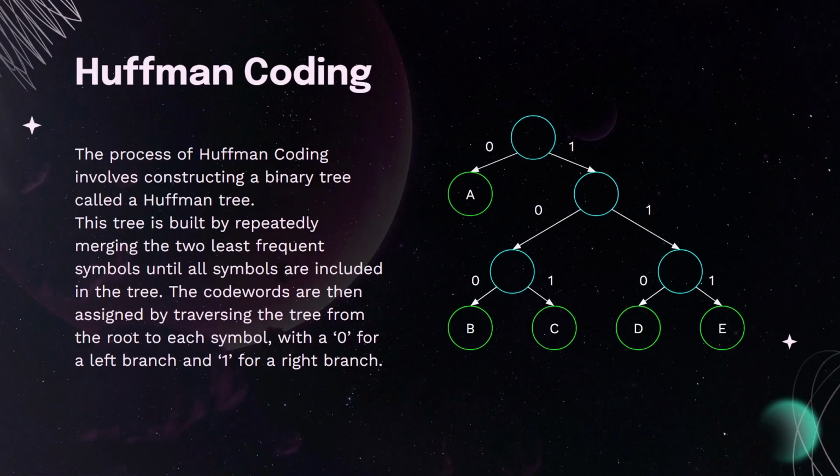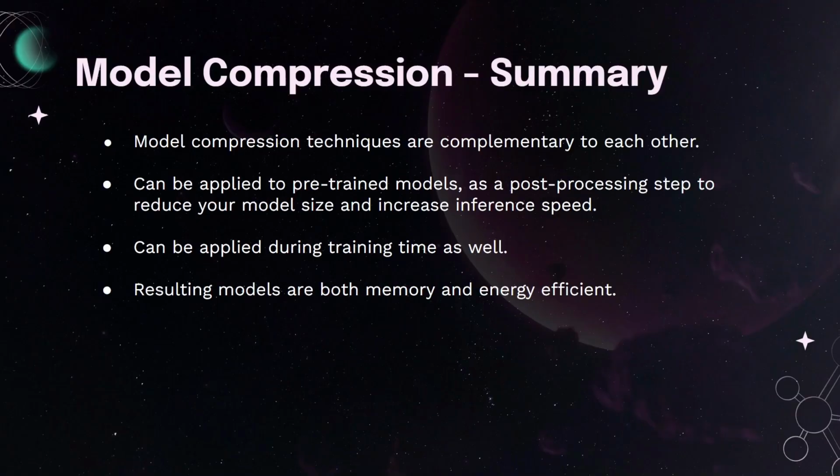In this case, we can see that the most frequent element A has a shorter Huffman code than the other. So, concluding, the model compression techniques are complementary to each other. They can be applied to pre-trained models as a post-processing step to reduce the model size and increase inference speed. They can be applied during training time as well,